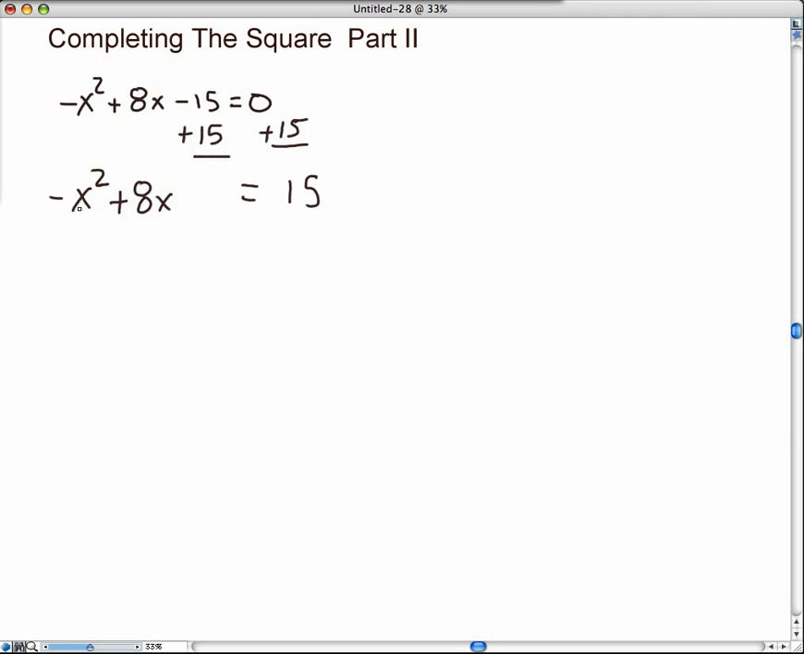Now, you'll notice that the quadratic and the linear term look very similar to what we were doing in the other problem. But this time, we just can't take 8 and divide by 2 and square it, because when we do that, we won't be able to get a perfect square trinomial. And so one thing we should do is factor a negative out. Now some of you might say, well, why can't we just divide by a negative 1 and then finish it off? You could do that,